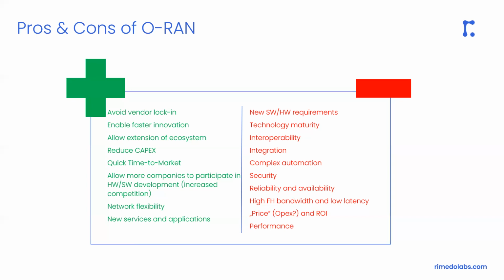We'll discuss those in detail in the next part. Interoperability and integration, meaning that we are able to actually have two different vendors with two different pieces working together. Complex automation, because then you need to have some kind of mechanisms to automate the different software releases for the different parts. Security is an important aspect that is brought into attention, because we have a wider security threat space, because